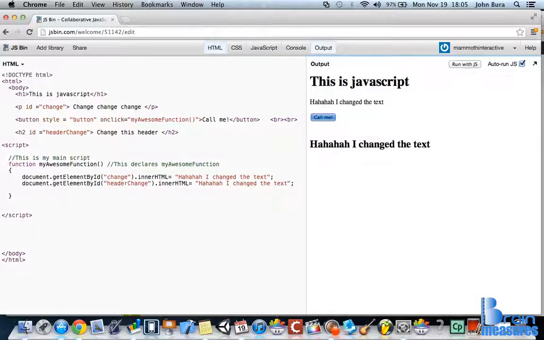So as soon as we click that, we can say, aha, I changed the text. And that's exactly what happens here. Now, notice how we didn't need a second function for this, because what ends up happening is, as soon as you click this button here,